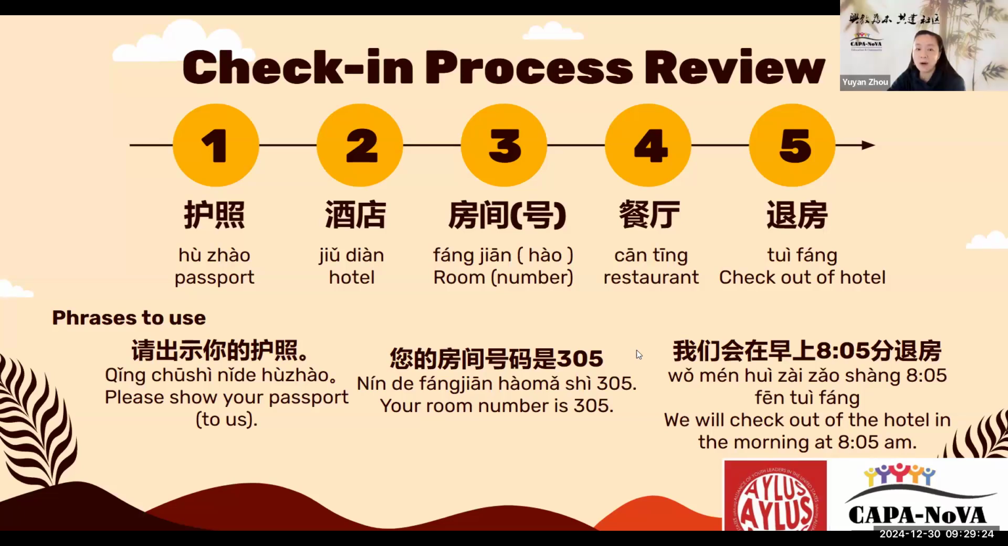Now, next one. 你的房间号码是305. Your room number is 305. Let's say this together. All right. 你的房间号码是305. 你的房间号码是305。